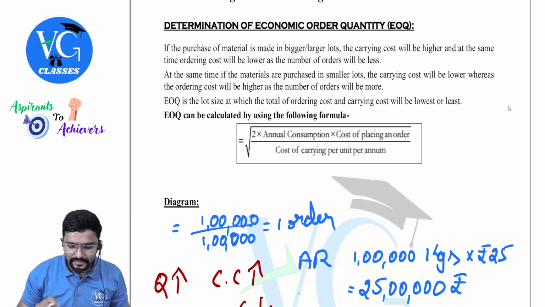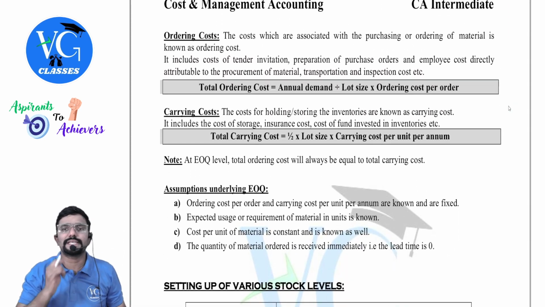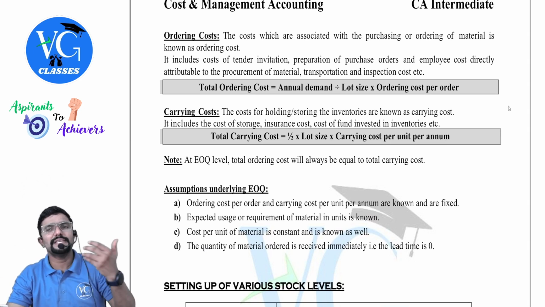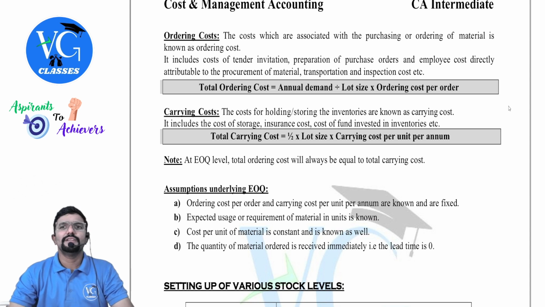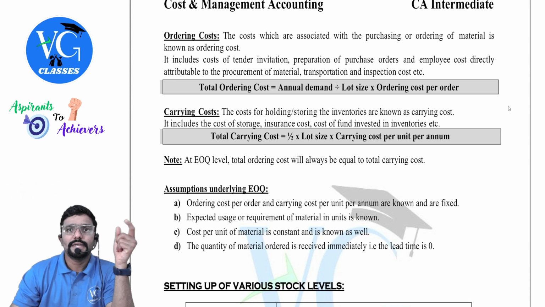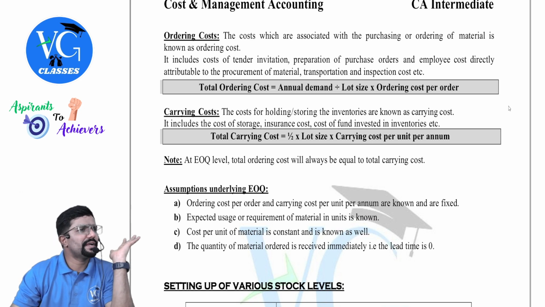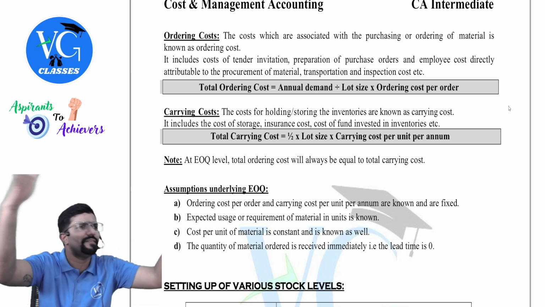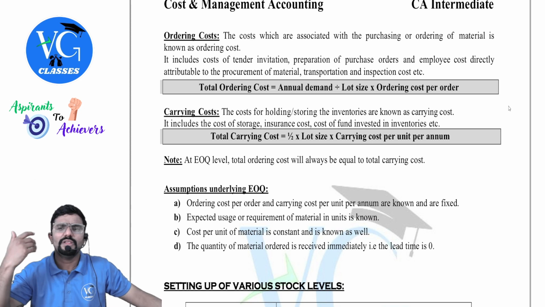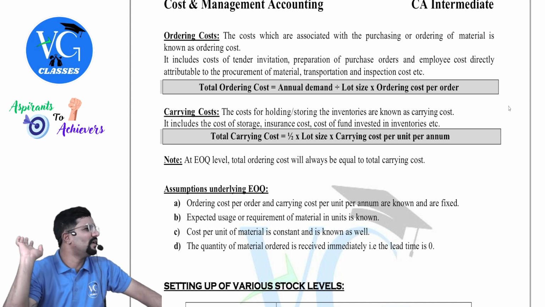Guys, before I start with this, I just want to have an understanding of what is ordering cost and what is carrying cost, so that you understand the concept. I have already explained it, but let me explain again and then go through. Guys, listen. What is ordering cost? Sir, what cost we have incurred to place the order of the goods till we receive it, all that cost is called ordering cost. It might include transportation cost, freight inward, all those things. Placing the order, finding the vendors, asking them to submit the quotation. Obviously, there is a purchasing department, and we have to pay salary for all of them. So all this comes under ordering cost.